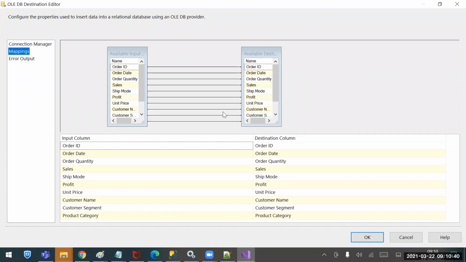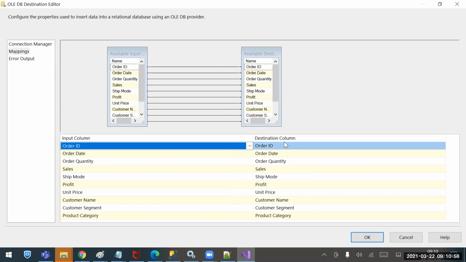Whenever you are transferring the data, SSIS doesn't know from which column to which column it has to transfer the data, because we made no connections, correct? So we need to map, saying go and dump the data from this column to this column. This is your source Excel file column, this is your destination table column. And these